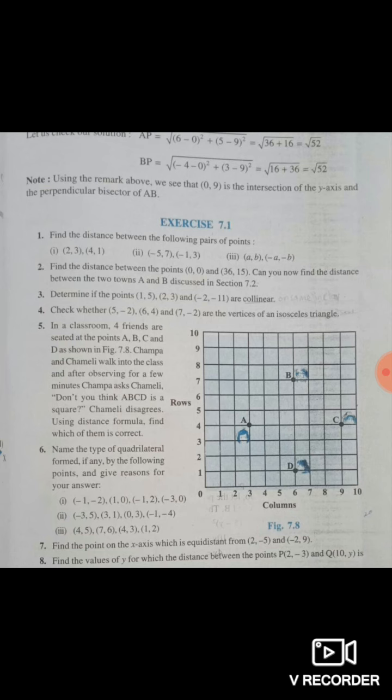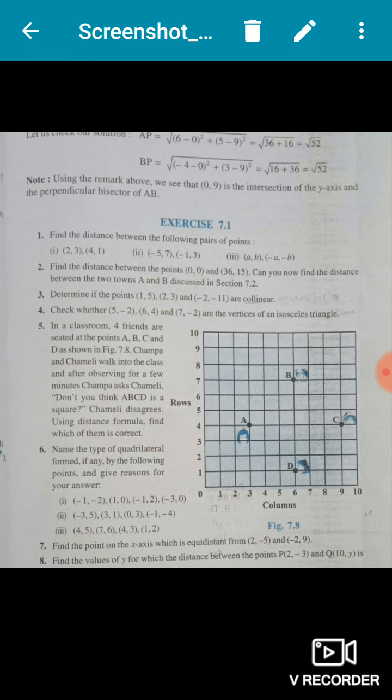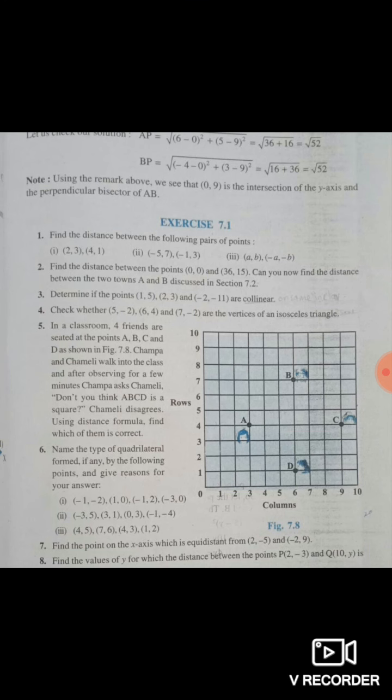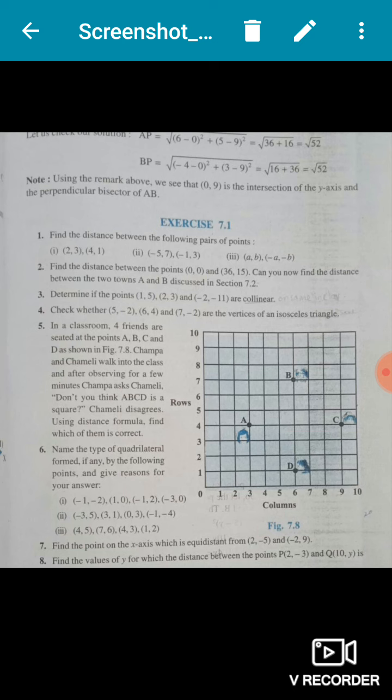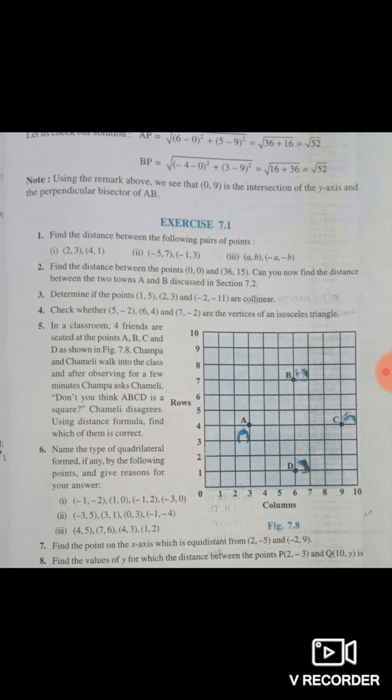If only 2 points are there, then they are always joined by a single line. Understand? Any 2 points you can take on the plane on the paper and you will see that only one line is enough to join them, but when we take 3 points, it is not compulsory that they will lie on the same line. The third point can be on the line or not on the line, so that is what we have to check: whether these 3 points lie on the same line or not.